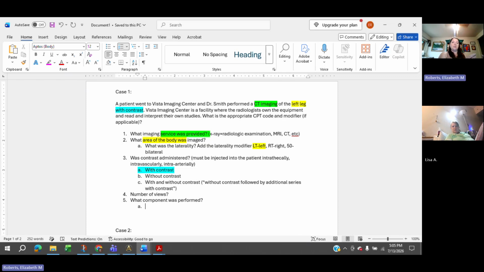So the first example was where we have the global procedure. The global procedure is when they did everything in the one building, correct? Everything, right? That facility owns the equipment. They pay for the X-ray tech. They also pay the salary for the radiologist or the provider who reads and interprets the X-rays. That's the whole thing, right? On the other hand, in the other example, we have the OB provider who does only the professional component, right? Who's only reading and interpreting, and then that imaging center.